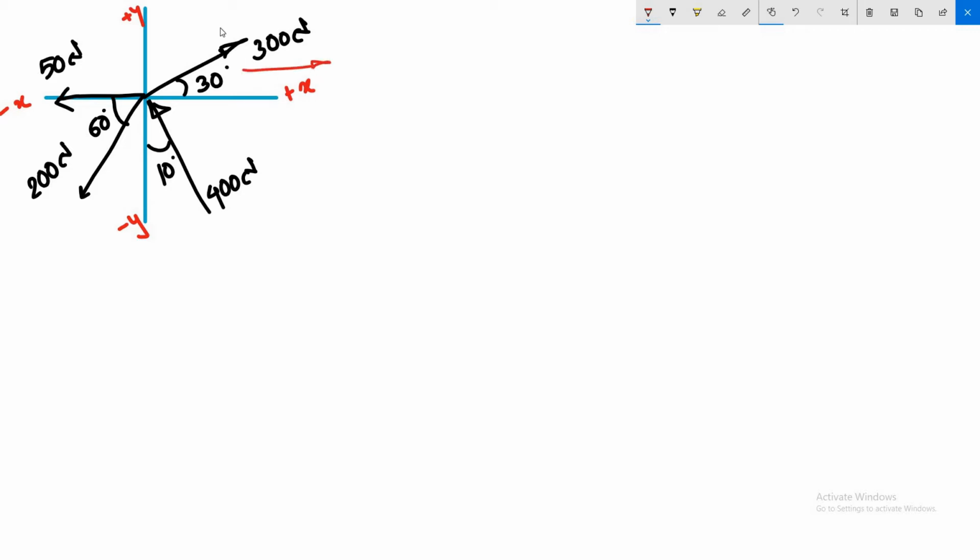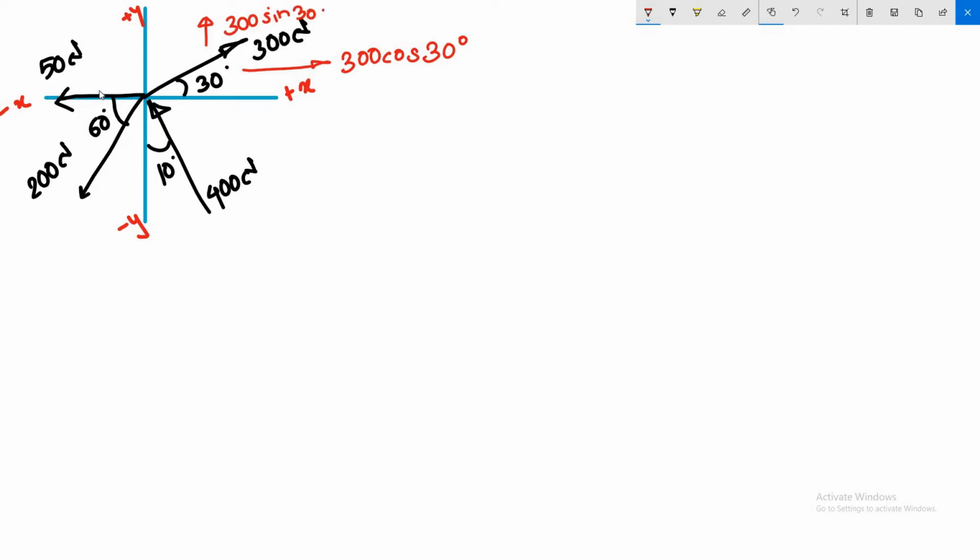This one is 300 cos of 30 degree. Okay, this one is cos because the 300 Newton force is making an angle of 30 degree with respect to x-axis. That's why the component which is parallel to x-axis should be the cos component. We already discussed that in the video where we saw how we resolve the forces. Okay, now this one is going to be 300 sine of 30 degree.